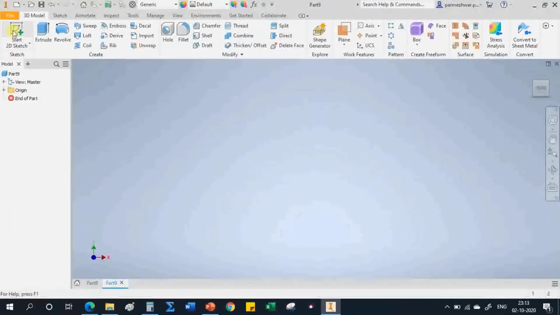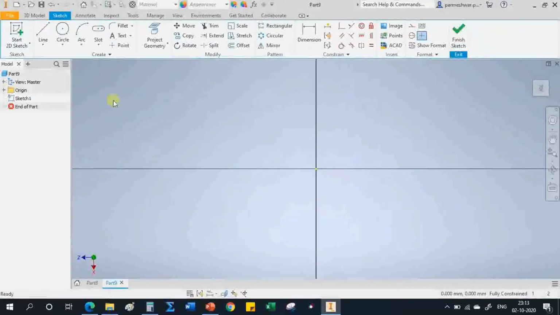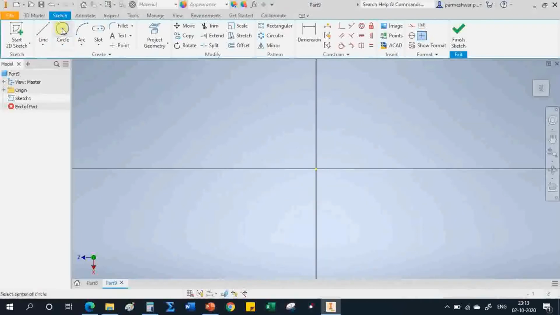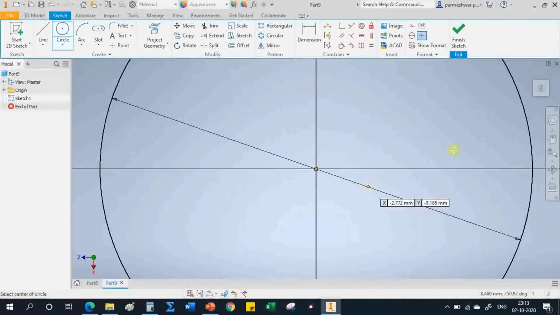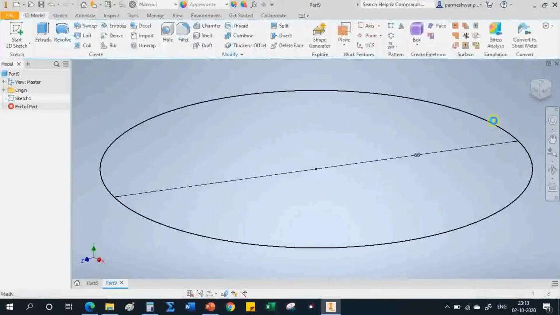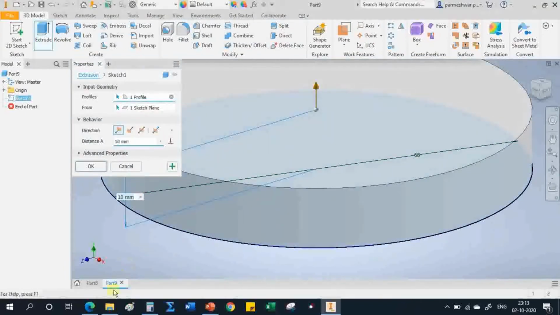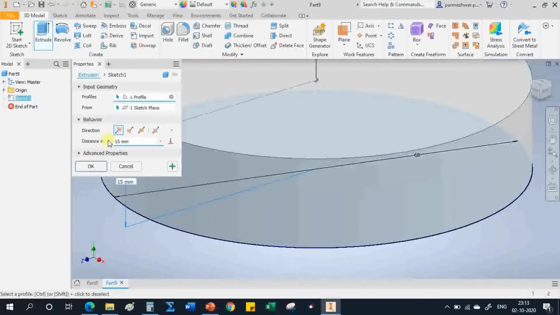Select 2D sketch, select this plane, right, circle command, and from the center the distance is how much? 68, right. Finish sketch and then extrude it by how much? It is 50, right.